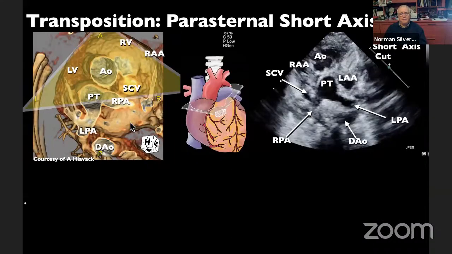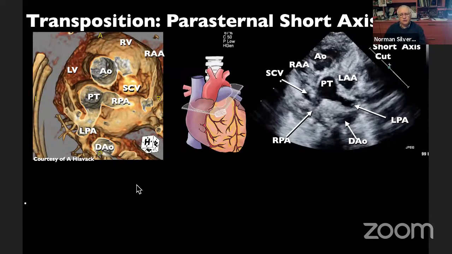Again, when we look from above, we can see as we go a little lower on the scan obtained by courtesy of Tony Lavacek, you see the pulmonary trunk appears to look like it's arising on the right side, but it's actually a left-sided structure, because here's right and here's left, and we're looking from above. And you can see here the aorta and the pulmonary trunk, the left ventricle, the right atrium appendage, and the right ventricle. I'll take those pictures off so that you can see them more clearly.